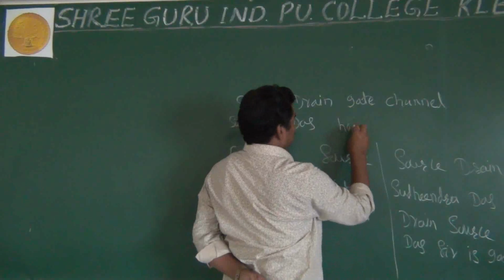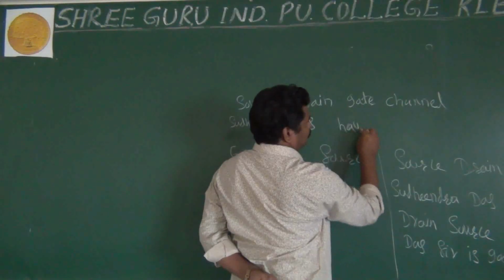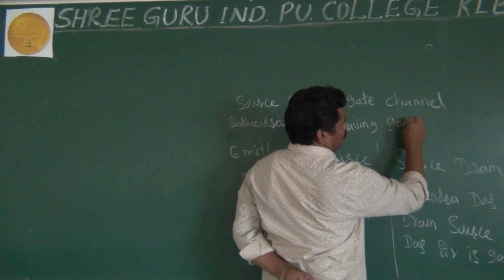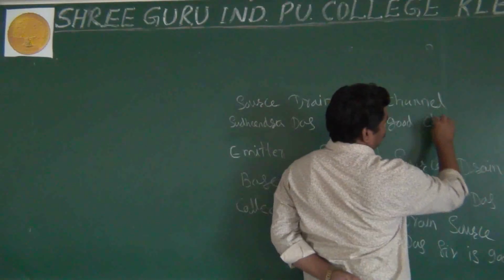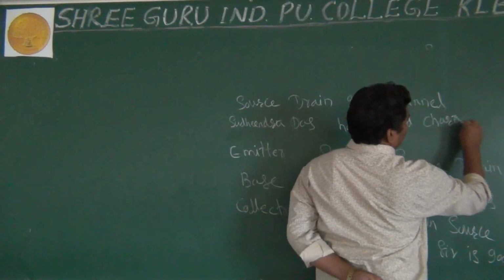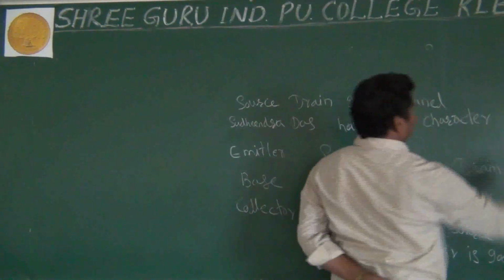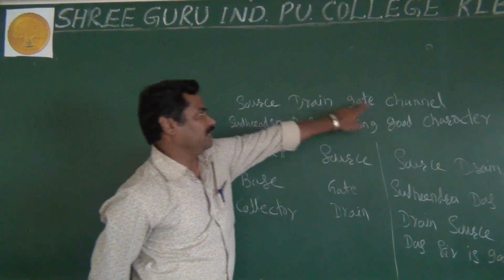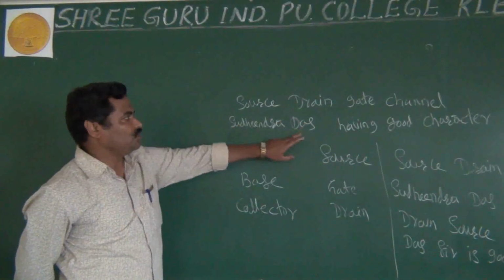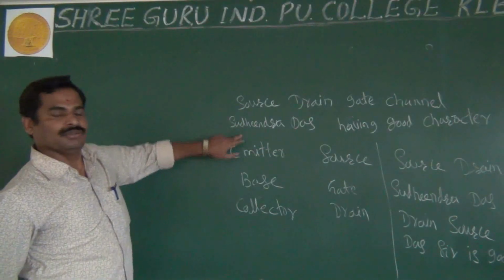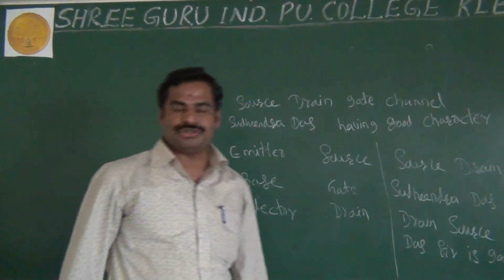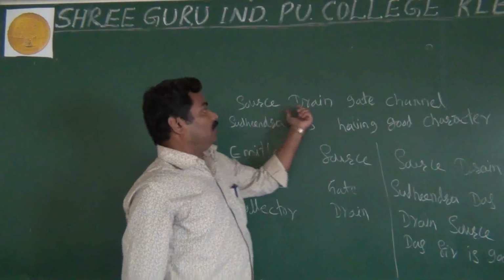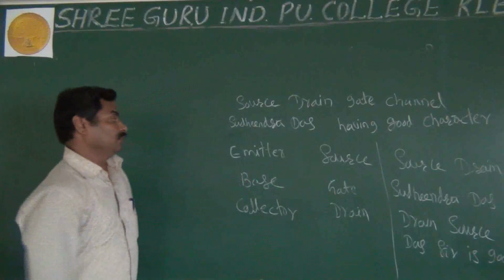Having good character. It means the channel is nothing but character, gate is nothing but good, drain is nothing but Das, and source is nothing but Sudhindra. This is to remember the source, drain, gate and channel of your FET.